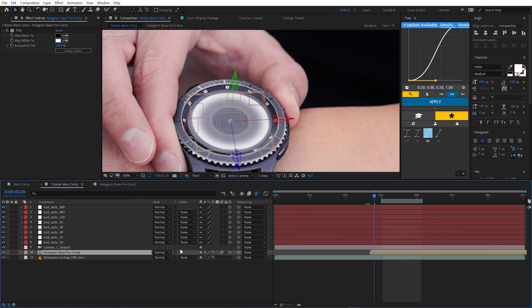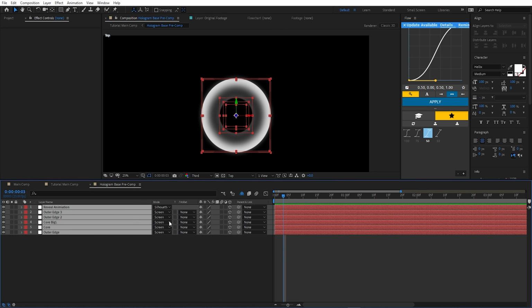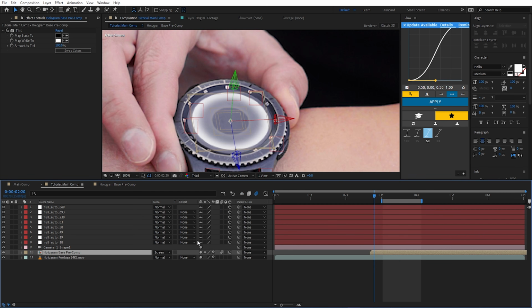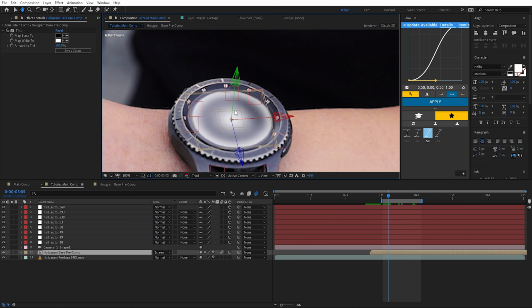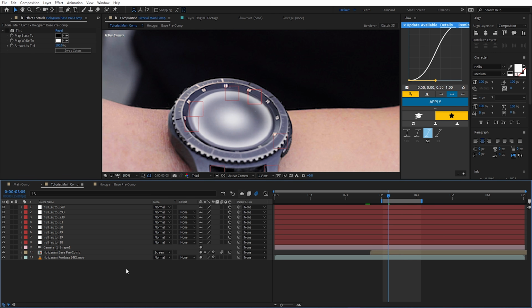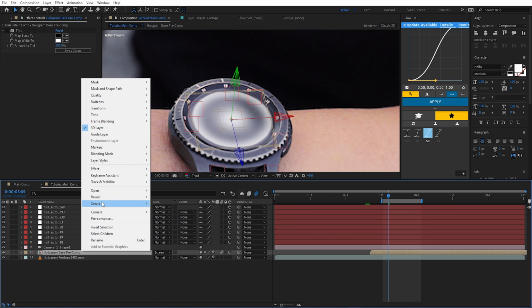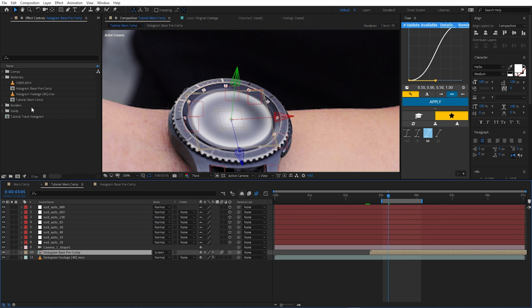So if we go back to normal, we can set it to add, we can set it to screen, whatever we want to do. There's also the motion blur option here. Oh, that reminds me, we'll select all of these, turn the motion blur on for all of them, and now that black hole has disappeared. Now we're going to worry about beautifying this and colorizing it later on, so we'll just shut off the tint effect, and then we'll right click on this one, we'll go over to reveal layer source in project, and what